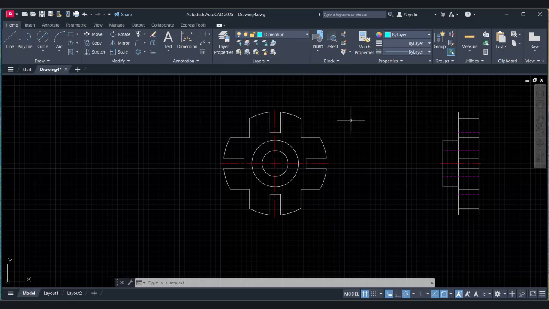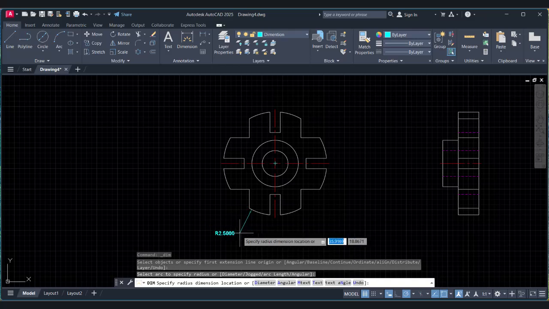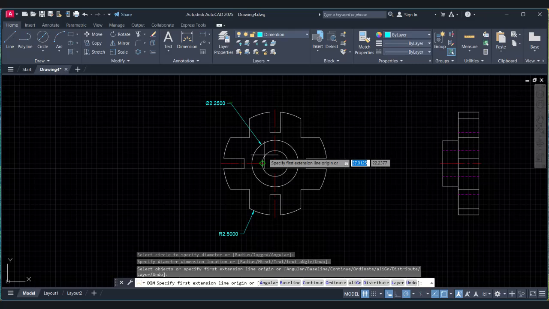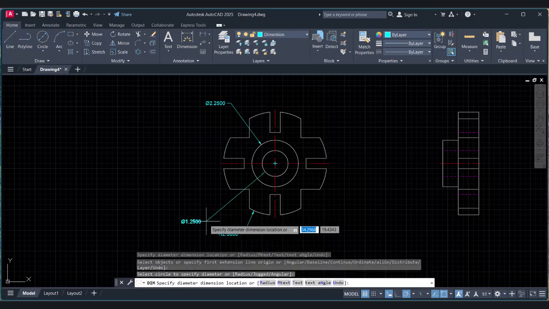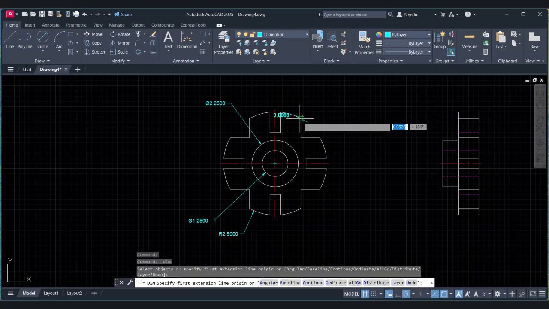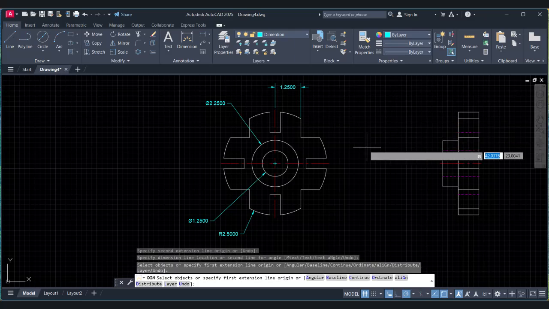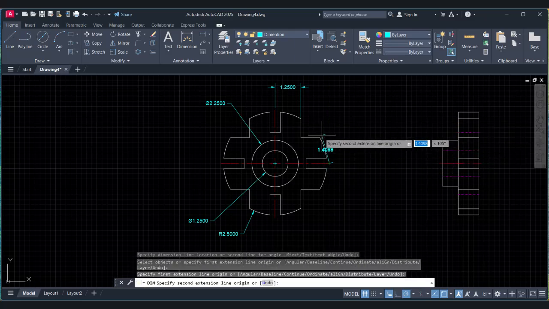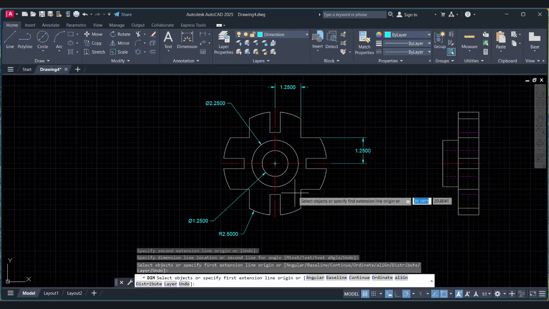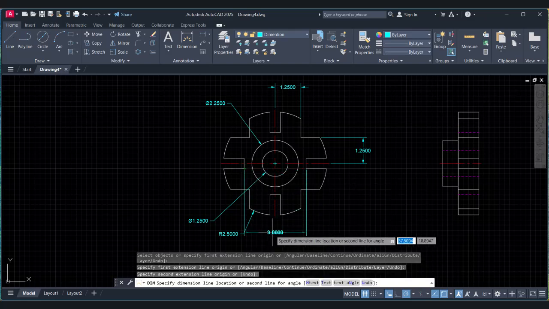Activate the dimension layer, and here I'm just going to put its radius, its diameter, like that, and then a dimension from here to the center line, and from this point to this dimension, like that, and then a dimension between this point and this point.